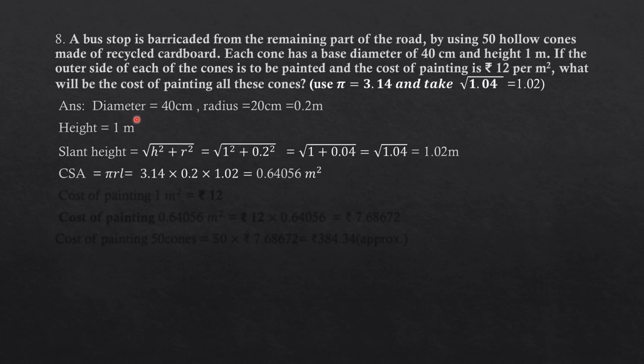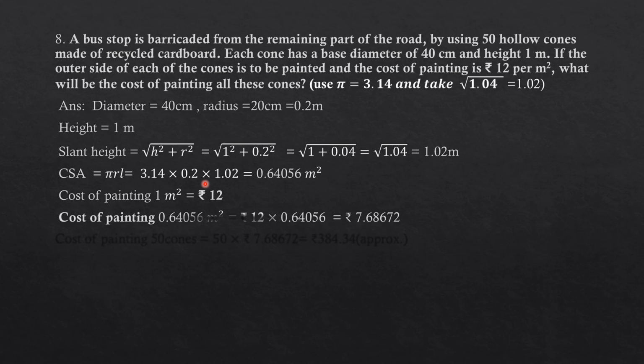We are given diameter is equal to 40 centimeter. Therefore, radius will be 20 centimeter, which is 0.2 meter. Height is given as 1 meter. Slant height is equal to square root of h square plus r square. Substituting the values, it will be square root of 1 square plus 0.2 square, equal to square root of 1 plus 0.04, equal to square root of 1.04, which is 1.02 meter. CSA of the cone will be πrl equal to 3.14 × 0.2 × 1.02, which is